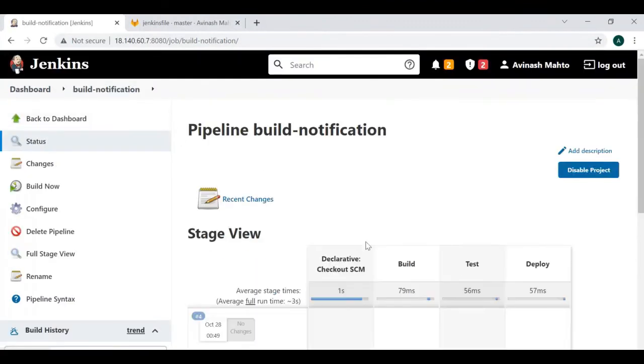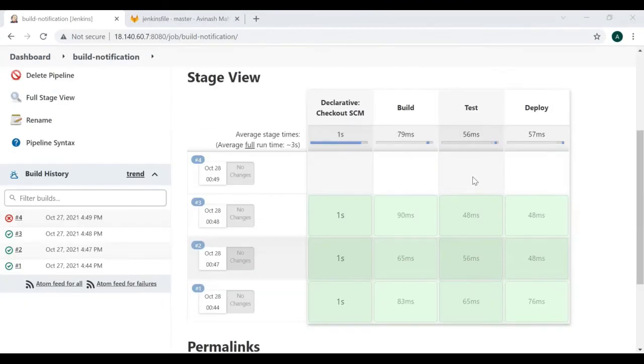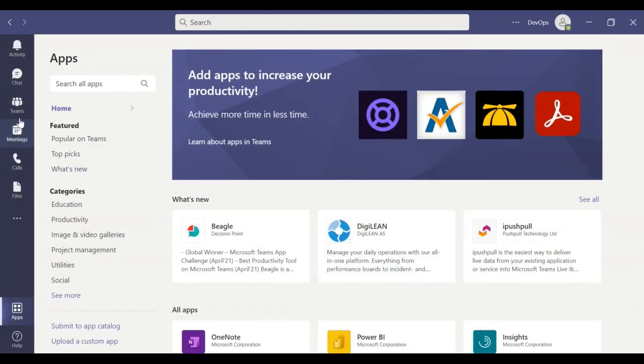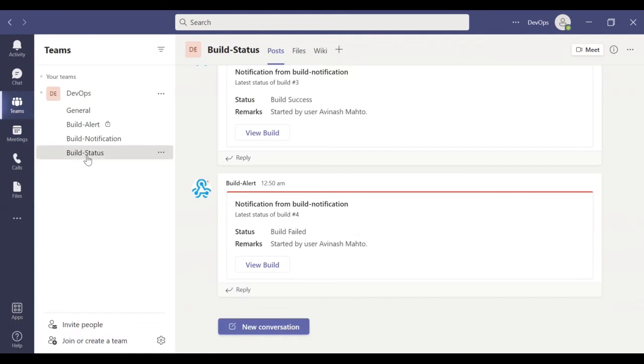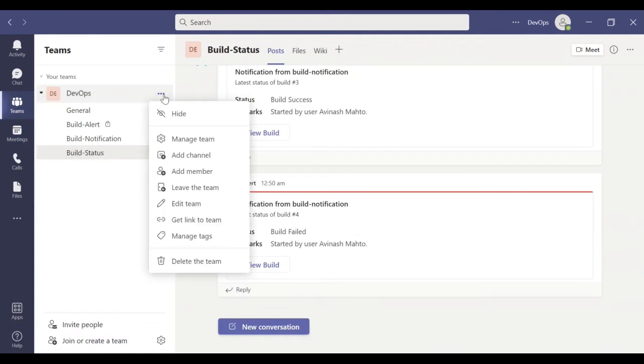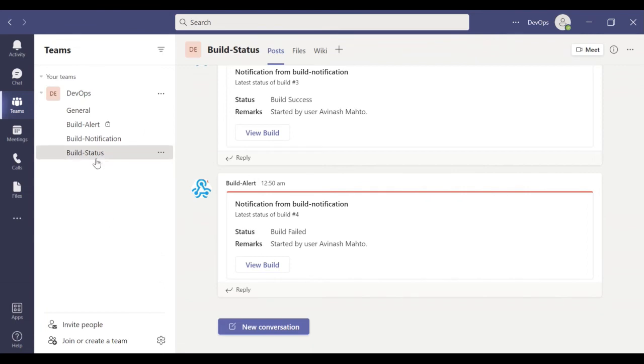This is my job. So let me summarize everything we have done in the last 7 to 8 minutes. Basically, in Teams, we have created one channel. In our case, the channel was already created. If you don't know how to create a channel, you can simply create your project, and there is an option called add channel, and you can create the channel there. In our case, the channel already existed.